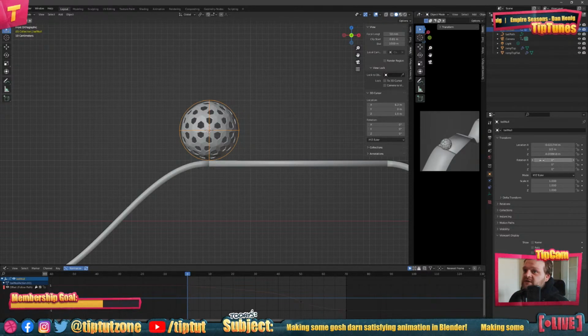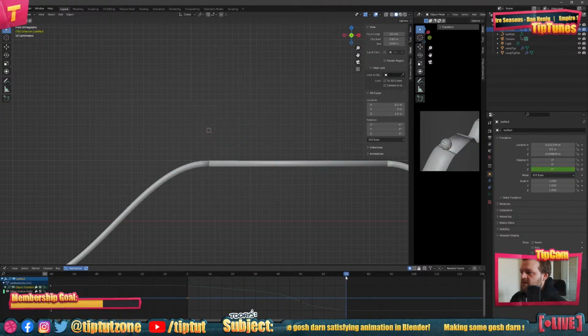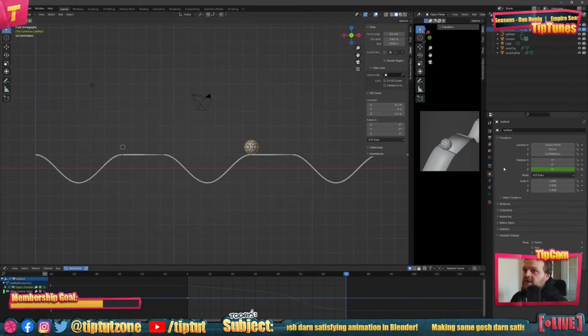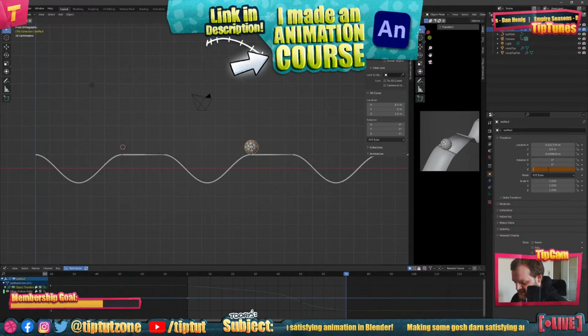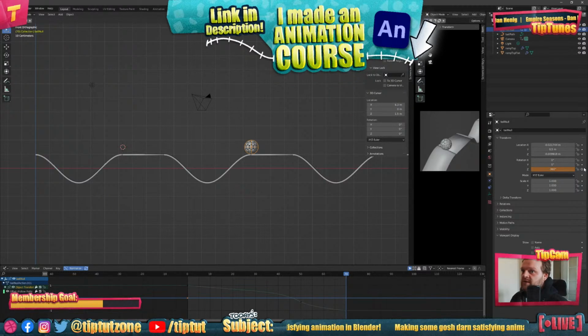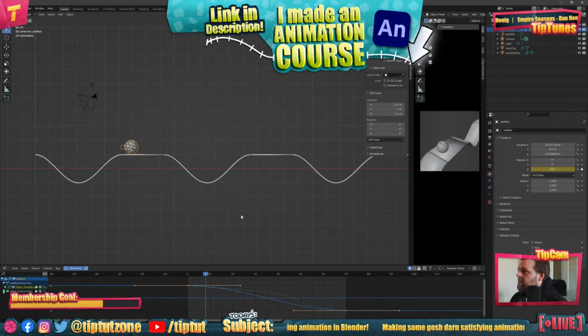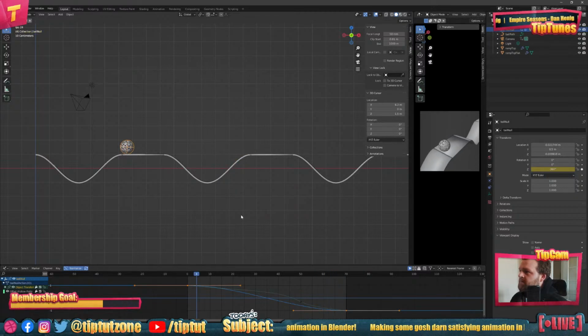Yeah, so we need to start animating the Z rotation of this ball. Okay, so we're going to keyframe that here, and we're going to keyframe it on frame 70 as well. And whatever direction it's going in, it needs to do a whole bunch of rotations. So let's do negative 360, which is not going to be enough. See, it's not enough. It's going to need way more than that. But then, because maths is hard, we can just do negative 360 times, I don't know, 4, yeah? 3. Let's try 3 to start with. Obviously, it's going to always be